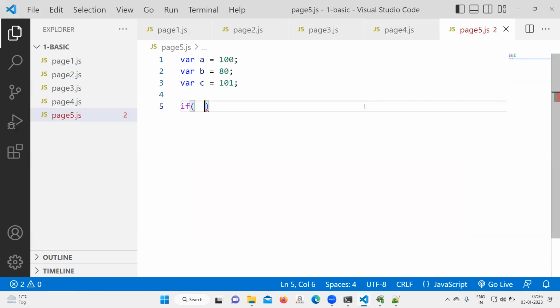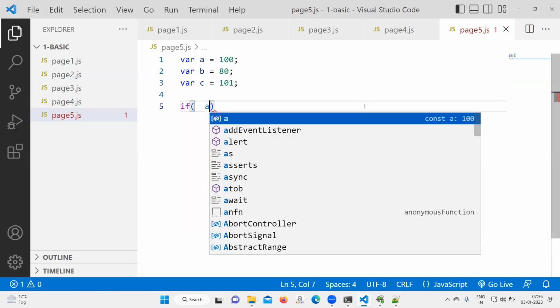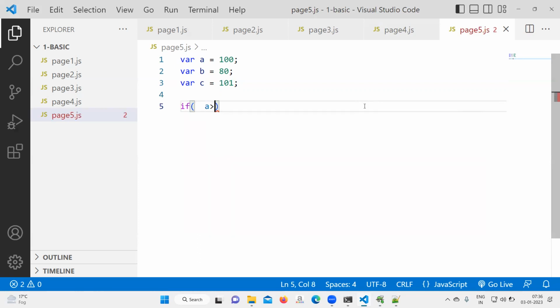If the value of a greater than b and the value of a greater than c as well. Okay, so you have written a greater than b, a greater than c. This line we can also write like this: if